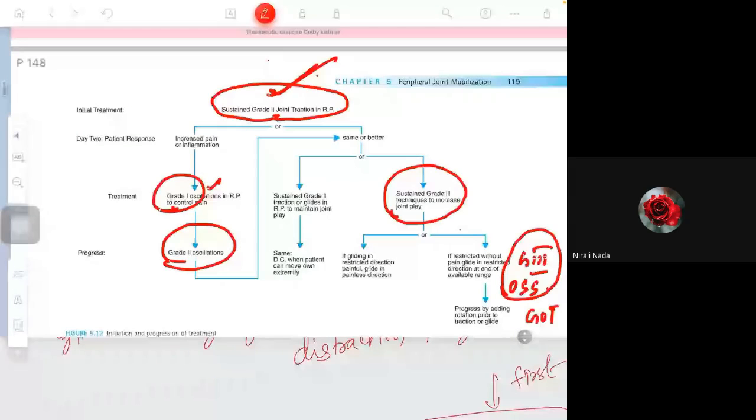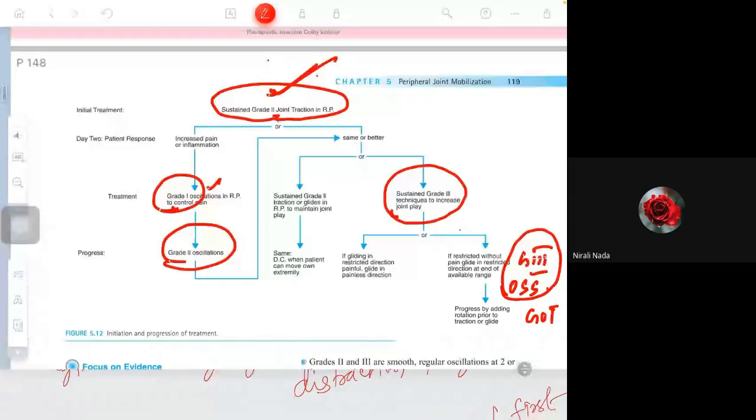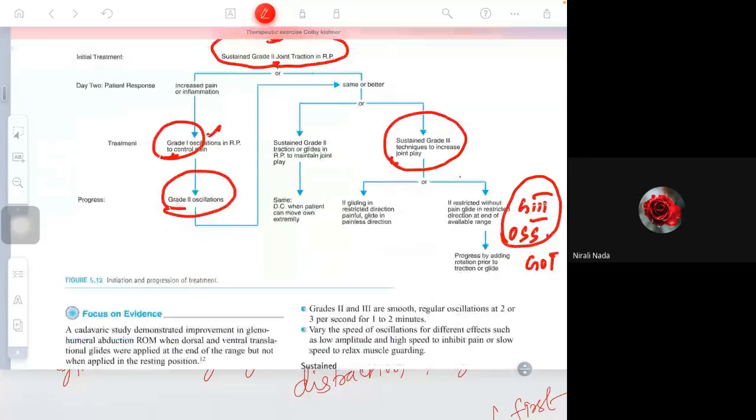Are you clear? Any doubt? Okay. So now, after giving grade 3 distraction,